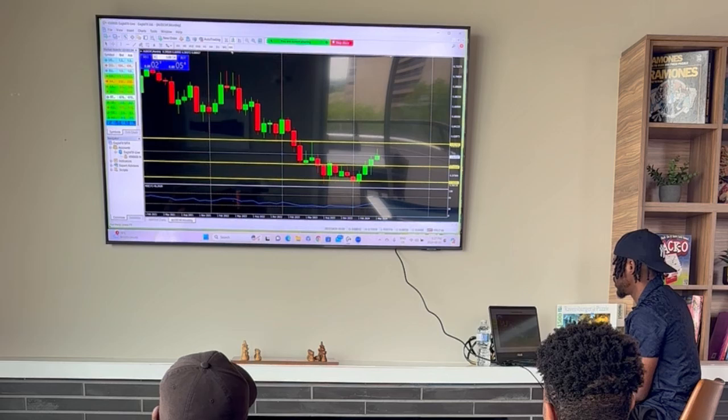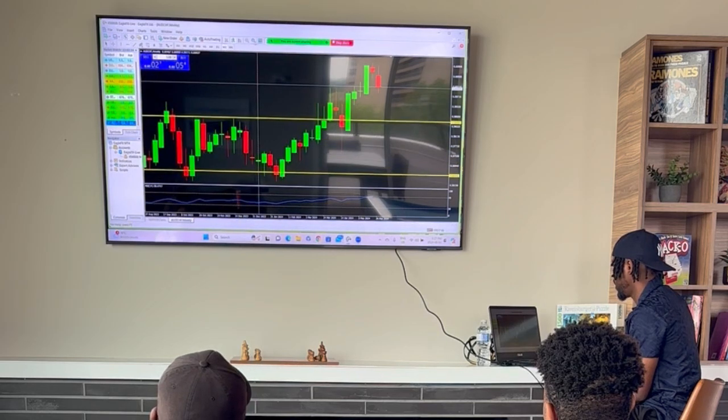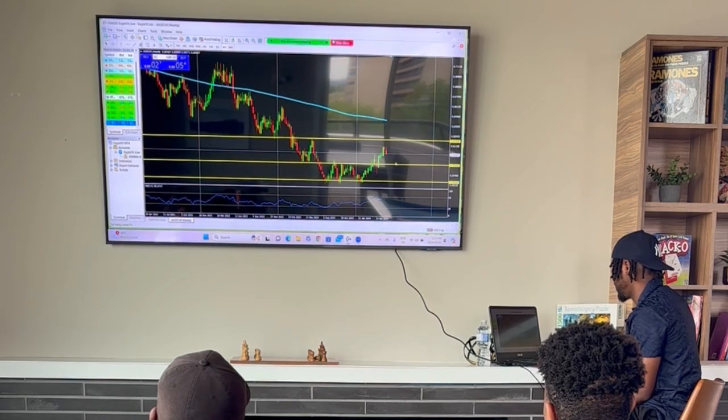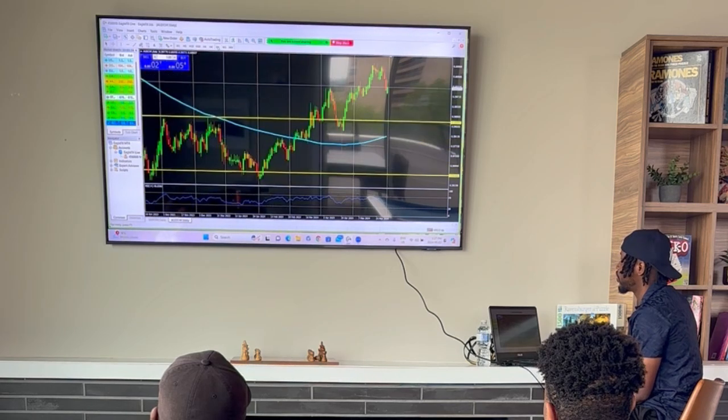So now I'm going to go down onto the weekly time frame, right? See that? Went above it, came back, right? False breakout, gave us a nice bullish engulfing, and since then it's been going up. So there's not much to do on the weekly time frame, to be honest, because the same levels from the monthly can be applied on the weekly time frame. So now we're going to go down to the daily time frame.